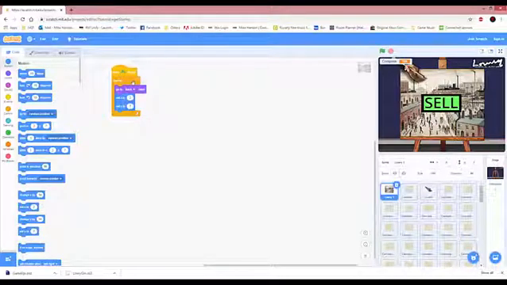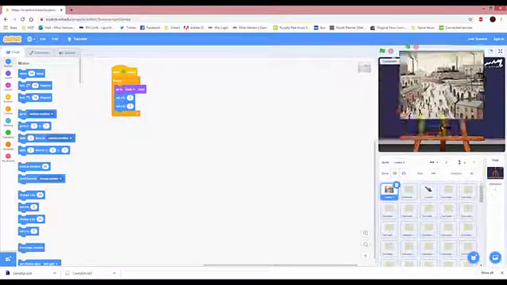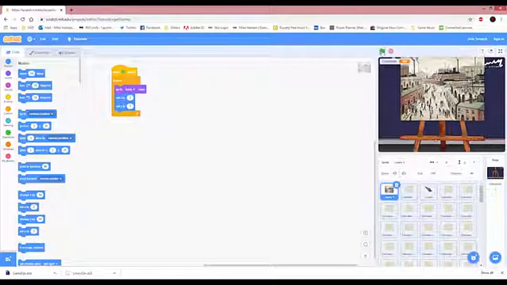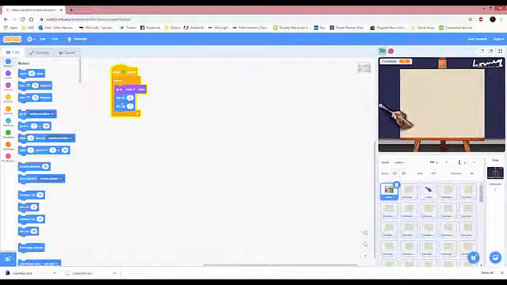So when the green flag's clicked, forever, that is telling the canvas picture here to go to the back layer and to set its X position to 2 and its Y position to 7. That's this X position and Y position, right in the middle here, and that's about where it needs to sit. If I drag it round now, you can see I can drag it round. If I press play, that code is setting it back to its position.